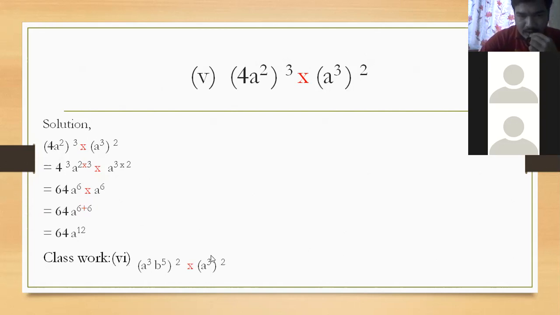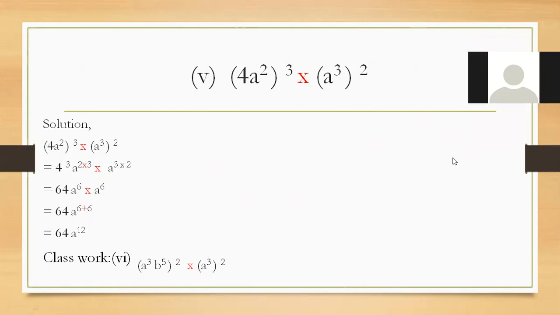And let's do this classwork also, similar to the example. This example, as I have solved in the example, follow the same thing here to do this classwork and tell me the answer. Sir, a12, b10. Very, very good. Who is speaking? a12, b10. You have told the correct answer. Very good. I am moving to the next one.